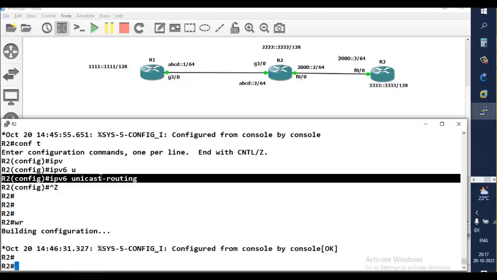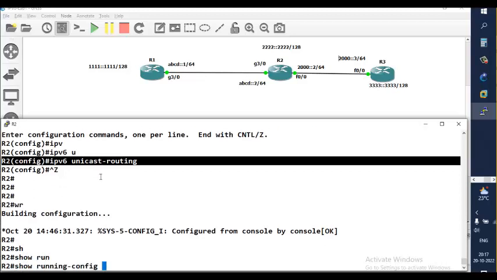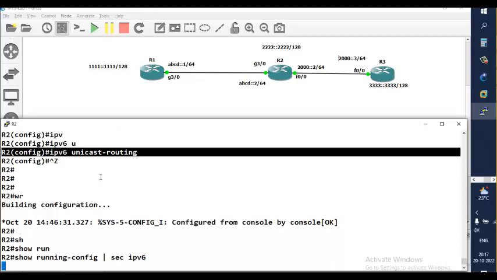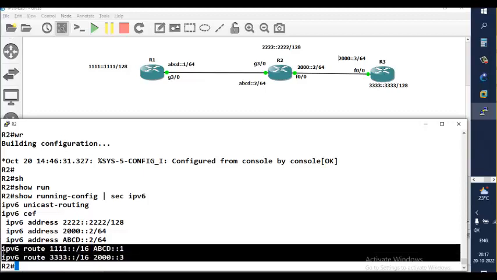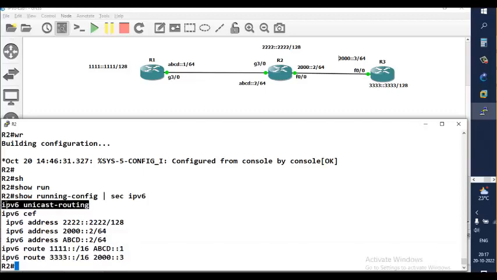Any question? Show running-config section IPv6. This is the static route, and we have to type this IPv6 unicast routing. If no question, we'll